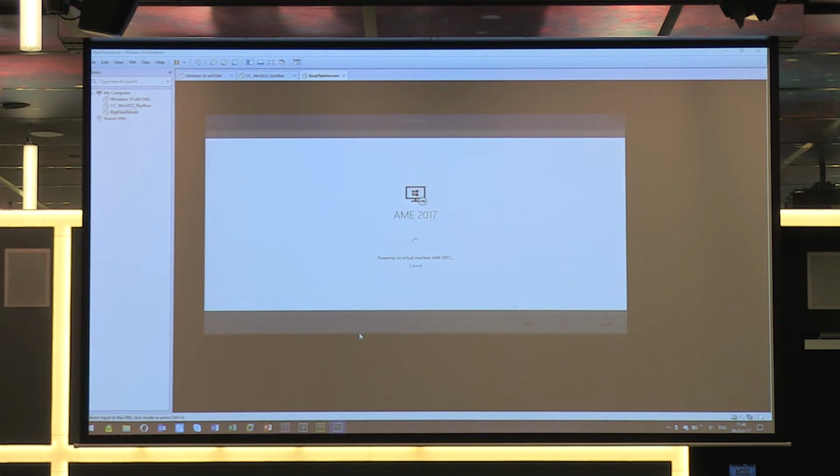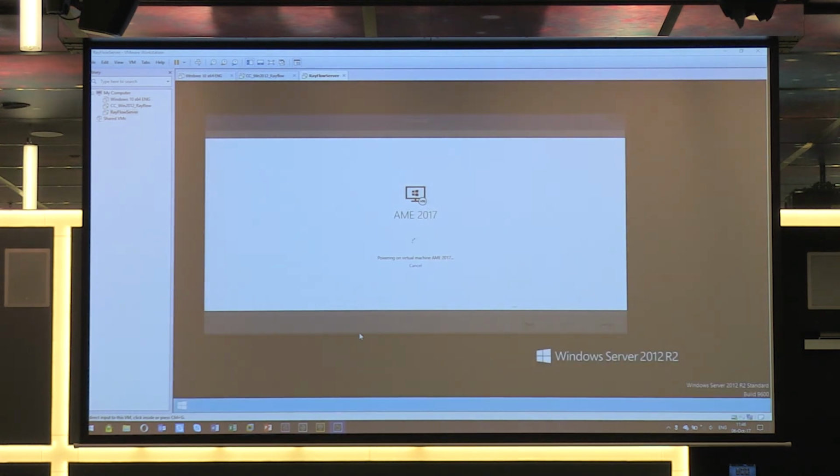So powering on. Both products can also reuse, if you have a machine with a correct snapshot and that machine is already running, well, then the machine won't be started again. It will just reuse and plug in immediately. But right now I have to just, again, wait a few seconds after VMware tools are started and my automation will be also provided. So it just takes a few more seconds. And I should be ready in a matter of...